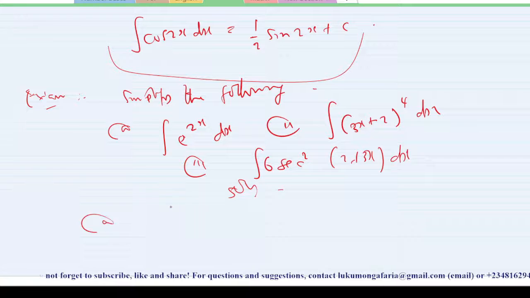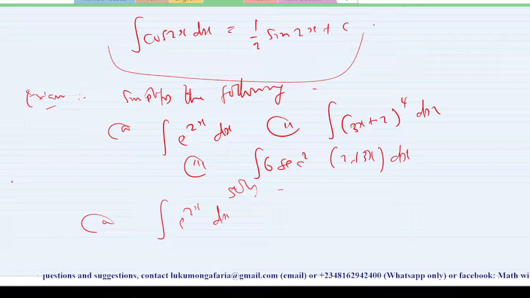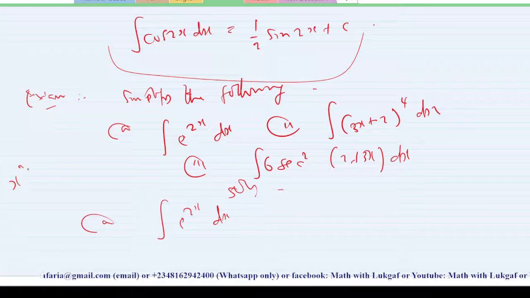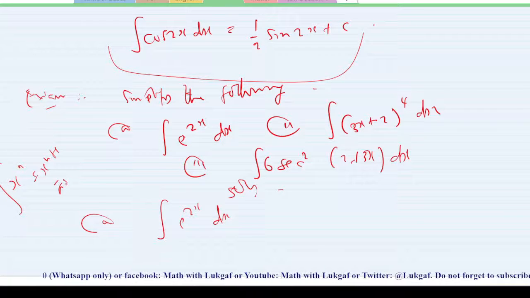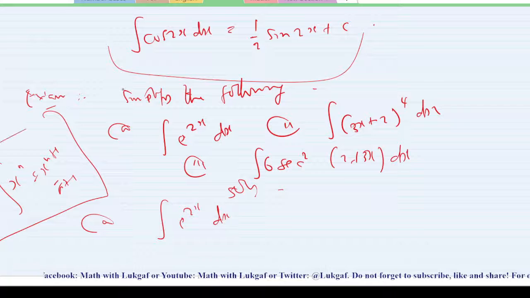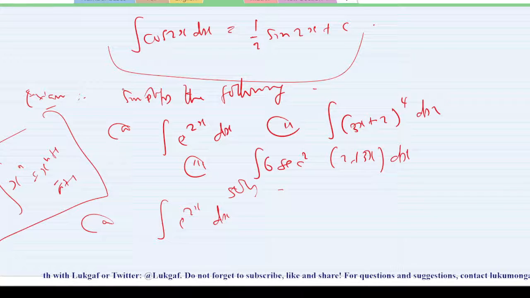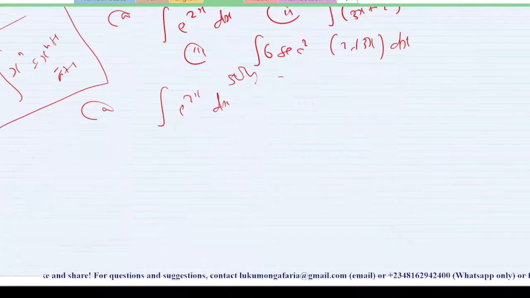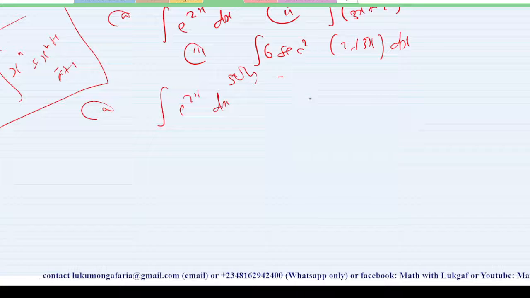Number one, you have the integral of e raised to power 2x dx. It is not similar to one of the standard integrals, whereby if you have something of this nature you are going to write it as this. Although we have e raised to power x as part of our standard integrals, how can you solve this one? It is very simple. You apply what we call the u-substitution approach.